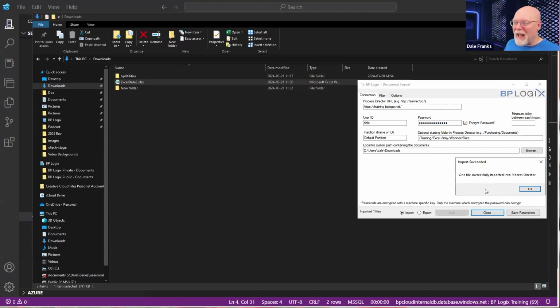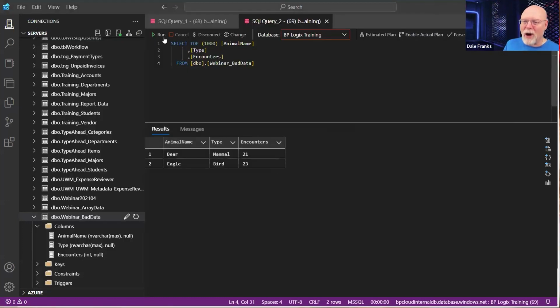And once that happened, BP import was just as happy as a clam. I have done my job. I have imported your file into Process Director. And that's true as far as it goes. What is also true is that there was an error on row 2 and my data did not come in.